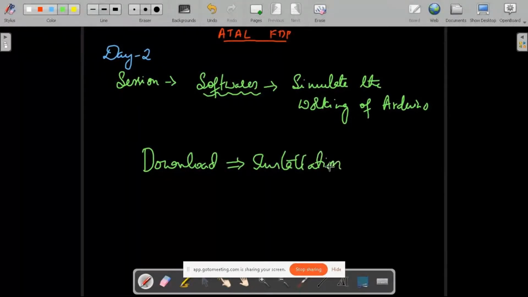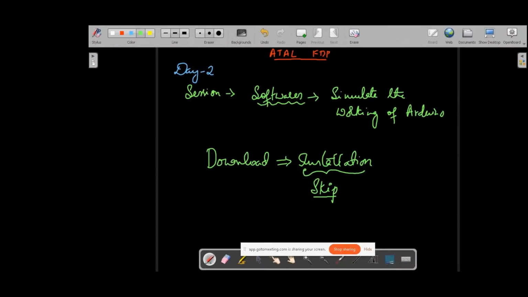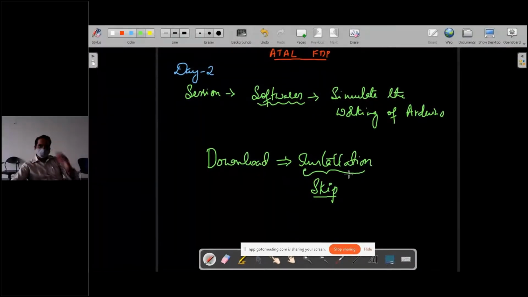But this installation takes a lot of time, and hence I'll be skipping this part. All you can do is make use of the link that I have pasted in the chat section for downloading the software, and later you can install it. All you need is a good internet connection for installation, or else it hangs in between.